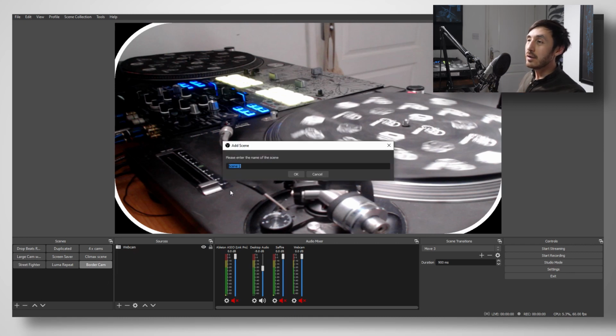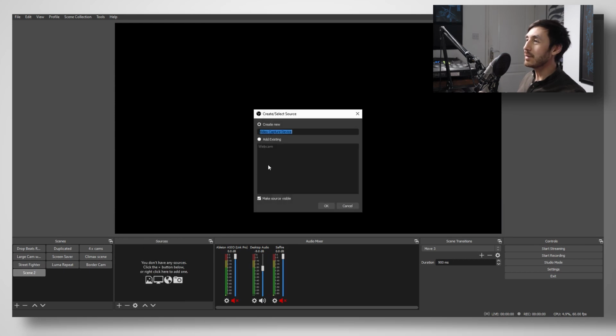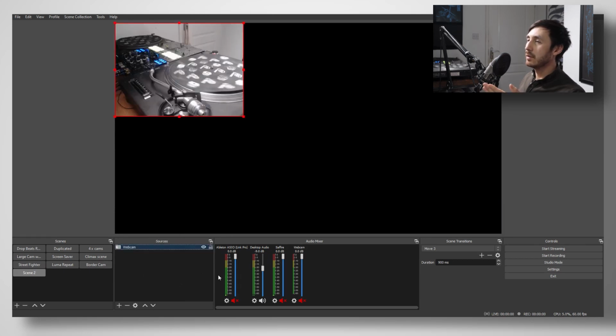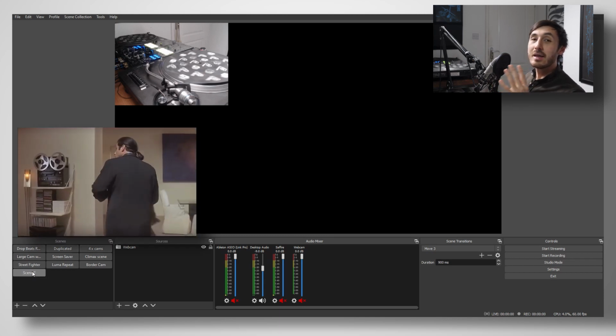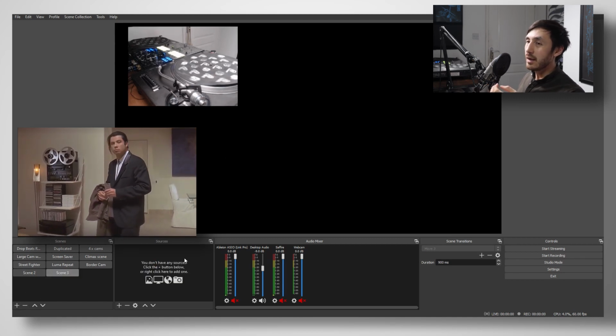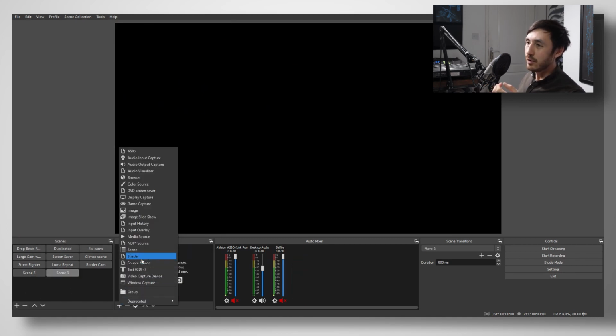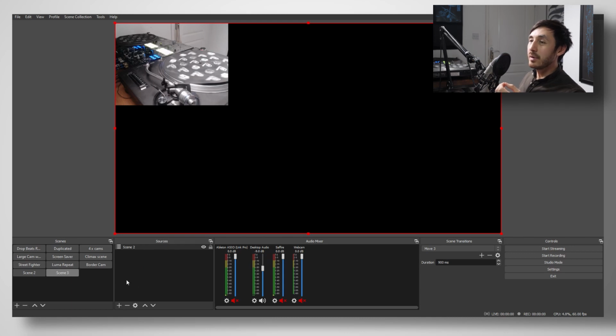So you create a new scene, then you add in your webcam. So we'll go to video capture device, webcam. So why might we do that? Well, now we can actually bring that into another scene as a nested scene and affect it, and it won't affect the original source. So let's create another new scene, and we'll bring in the scene 2 which we just created. So we go to scene, choose scene 2, and now if we affect this by, let's say we'll put a filter on it,